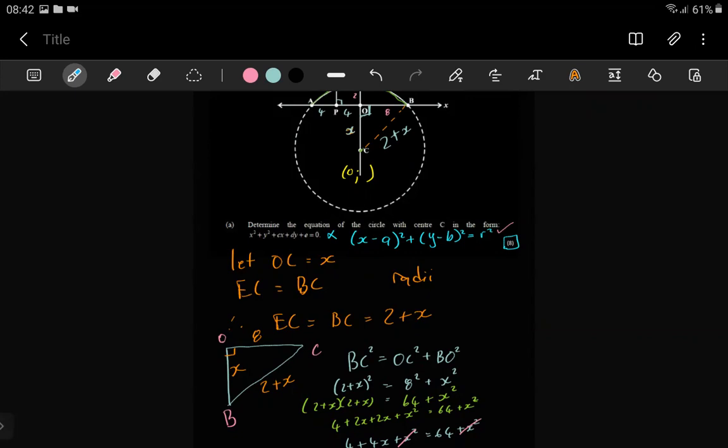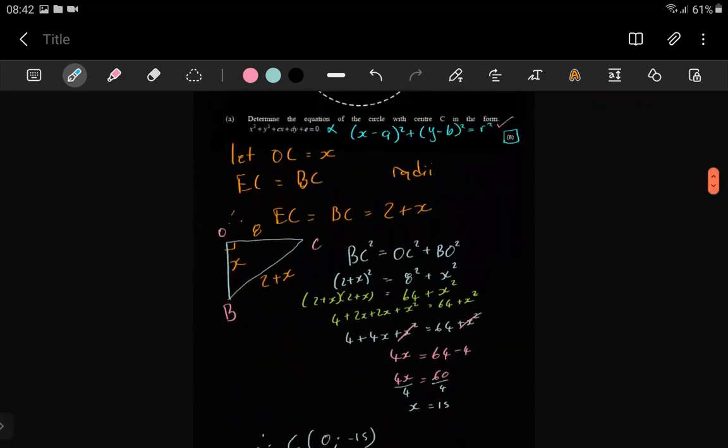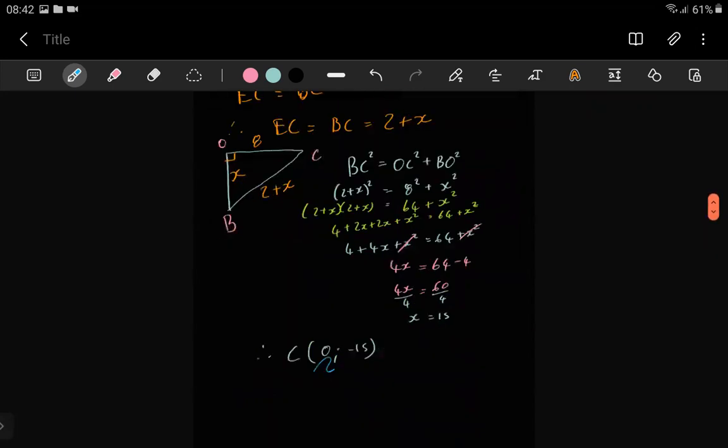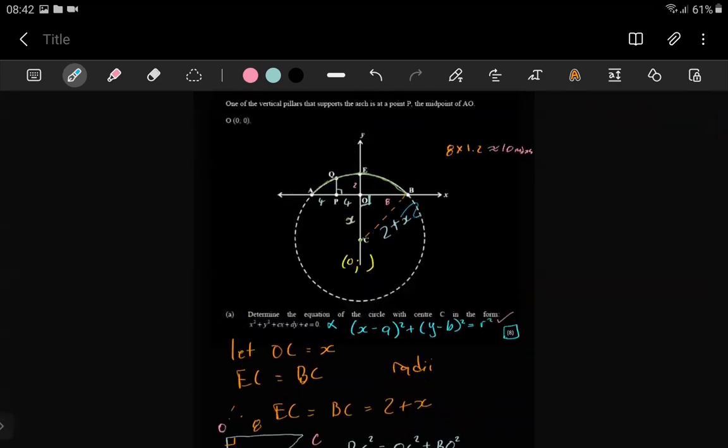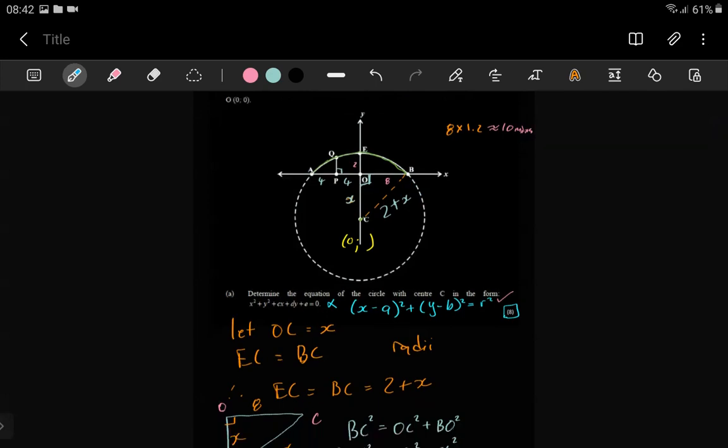So with what we have now, you see we have the center and the radius is also in our face now because the radius is BC. Whatever this length is or whatever EC is, it doesn't matter. As long as we have x now, we have the radius. The radius is just x plus 2,